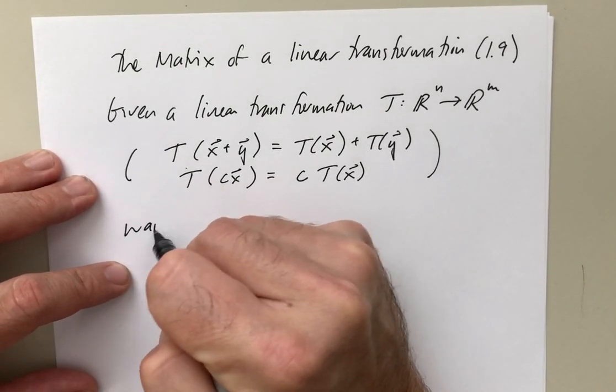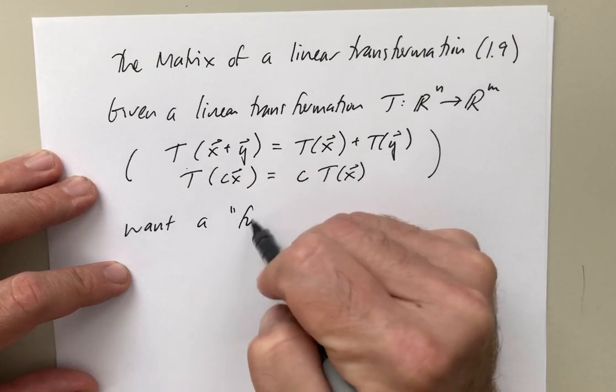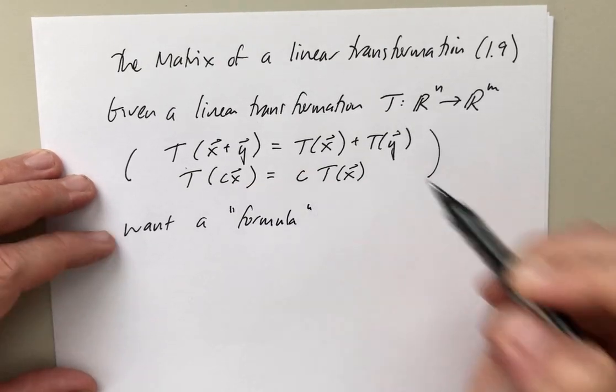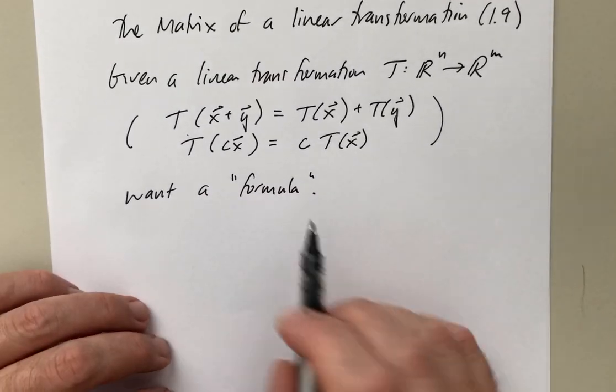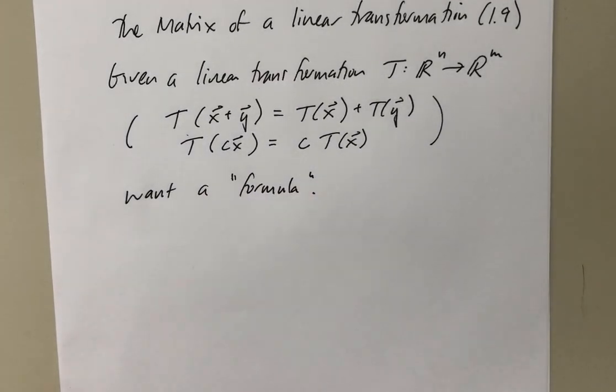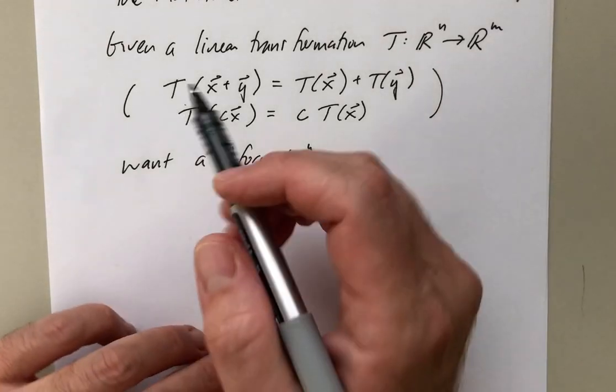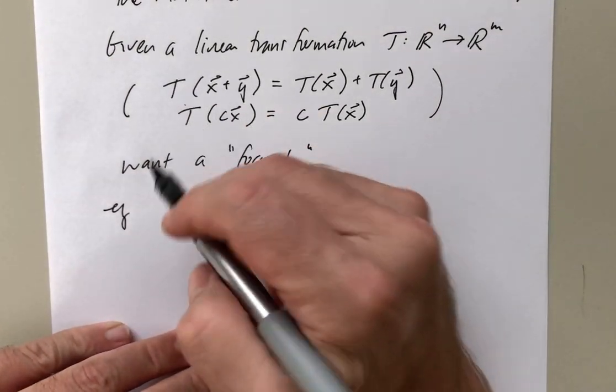We want a formula. And it turns out that we're going to have a pretty good answer for this. And let me do this by example. So we want a formula that kind of tells us what the transformation is. It's a little bit vague, but let me do this, like I said, with an example. E.g., suppose